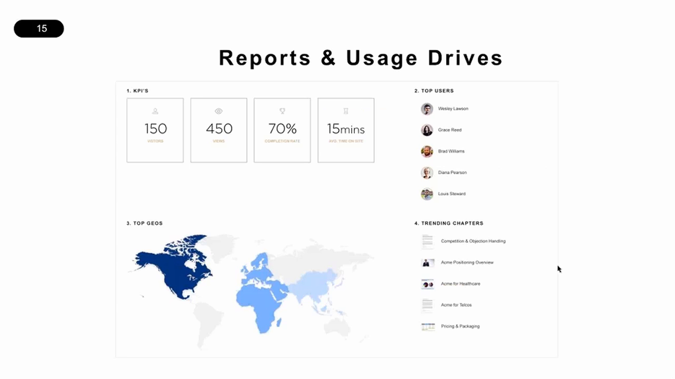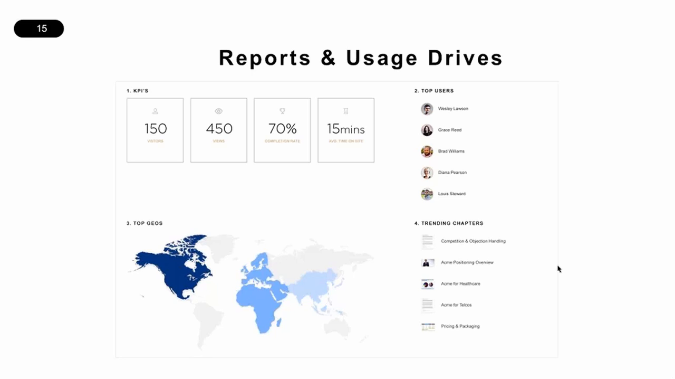So we talked a little bit about reports and usage drivers being a critical part of the overall Playbook solution. Now, here's a sample screenshot from our product Share Demos, which tries to show you what kind of information is available. So in this, we can see that we're tracking metrics such as 150 visitors came to the site, about 450 views, what was the completion rate, what was the average time on site, who are my top users, what was my top consumed content, where did my traffic largely come from,